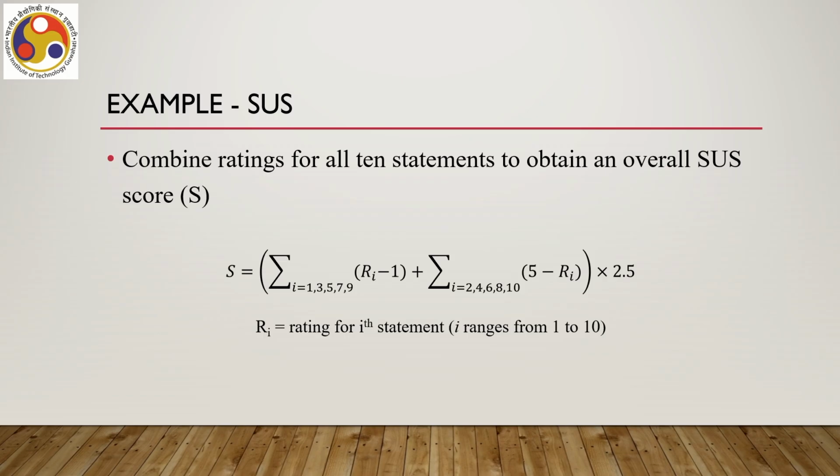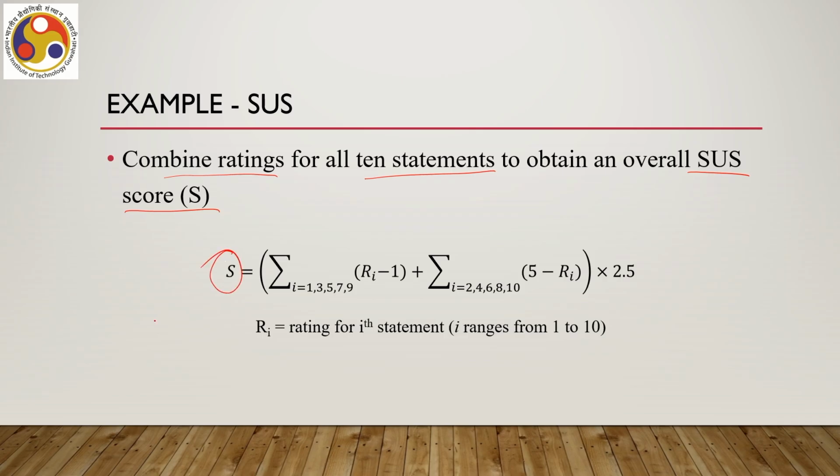Now, how to use the rating? Earlier we saw that we can use the rating for ASQ, that is post task questionnaire, by just taking out average either question wise or all the 3 statements taken together. Here it is a little bit different. Here we can combine the ratings for all 10 statements to obtain an overall SUS score using the formula